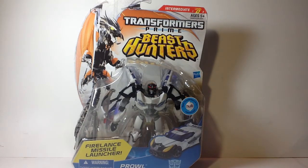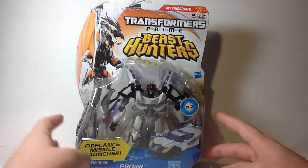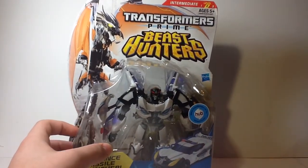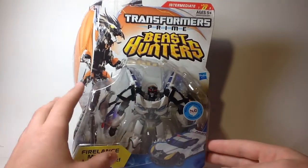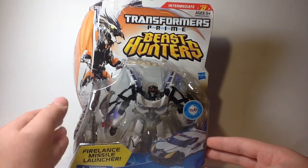Today we're going to be taking a look at the Transformers Prime Beast Hunters Deluxe Class Prowl. This is a figure that I was very excited to get. Picked it up at my actually local Walgreens. Was very surprised to find it there, but I'm very happy that I did. Prowl is basically a slight remold and repaint of the Transformers Prime Beast Hunters Smokescreen mold, so we will be